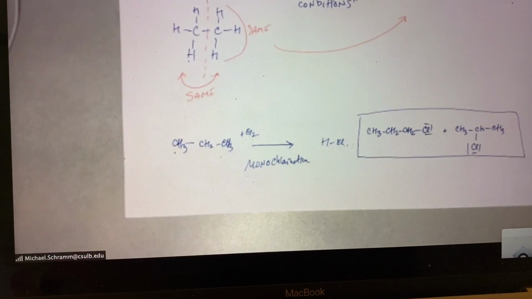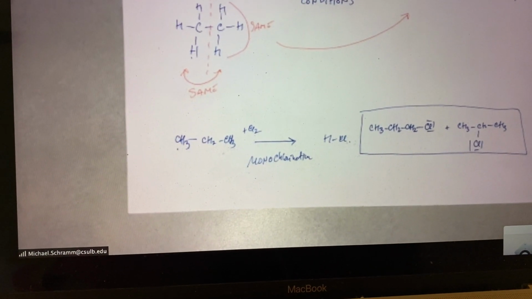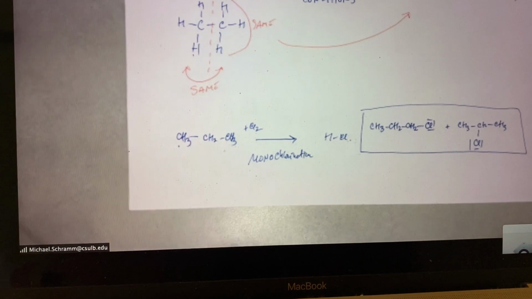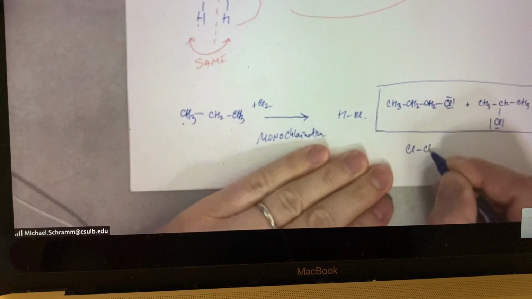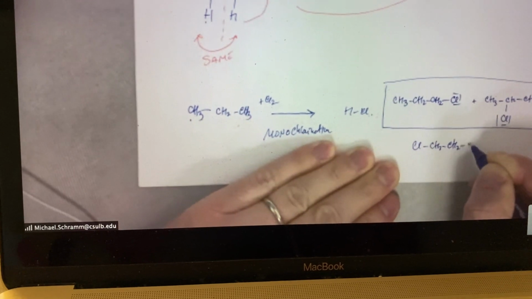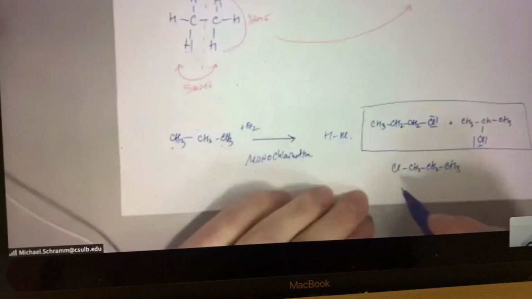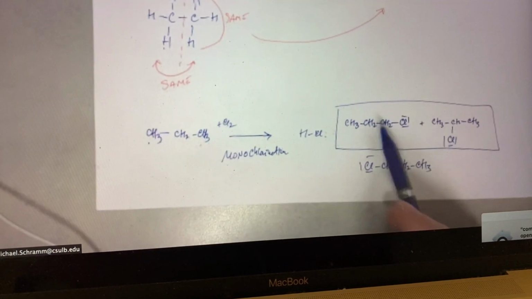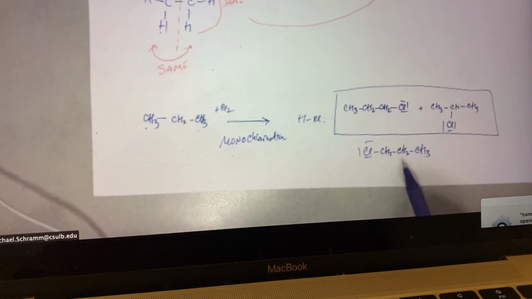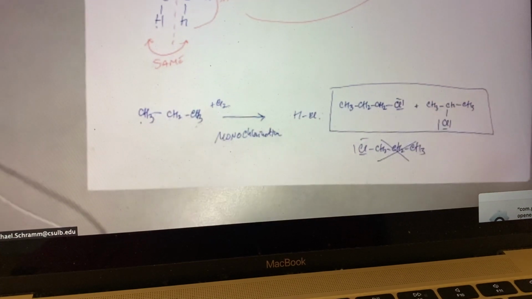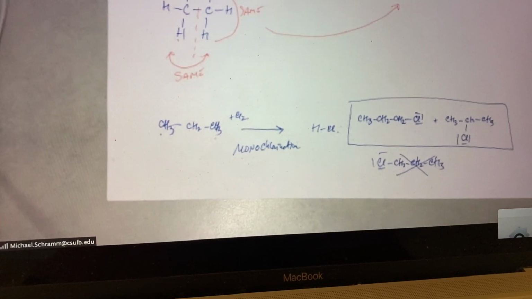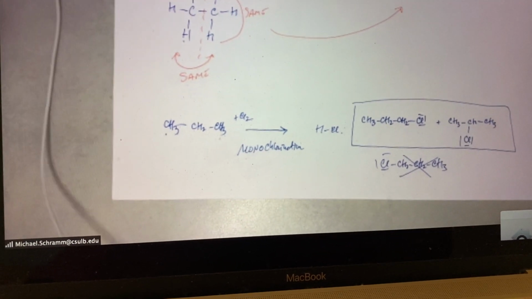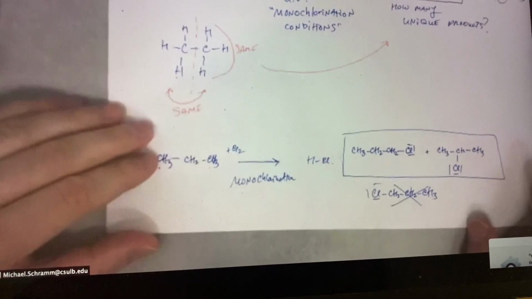So I hope this is what you drew in your notes. Notice that I'm naming these compounds. That's a great way to tell if they're the same or different. If you had drawn this particular product, and you had some uncertainty whether it's the same as this or this, you could name it: 1-chloropropane, 1-chloropropane. This is not a unique product. This is 2-chloropropane. This is a unique product. So we're going to use symmetry, we're going to use drawing to anticipate how many unique products there might be. Another way we can do with propane